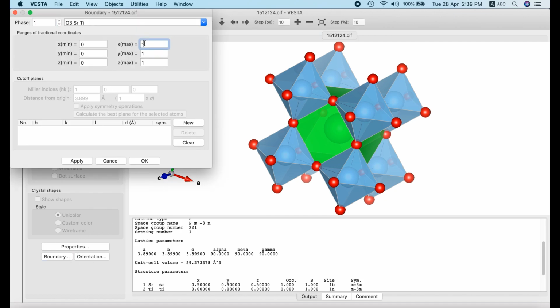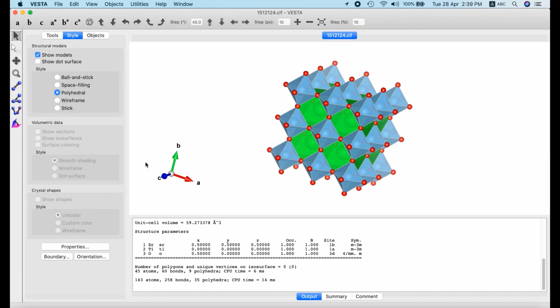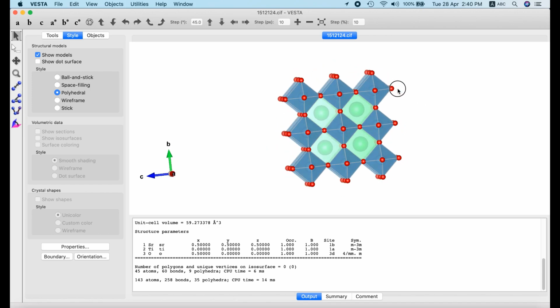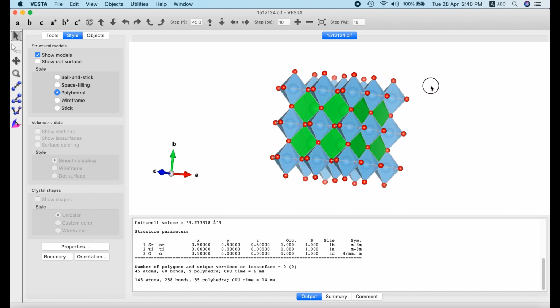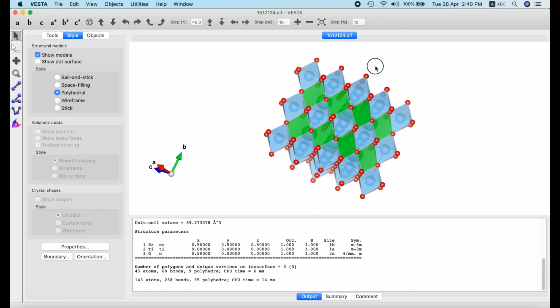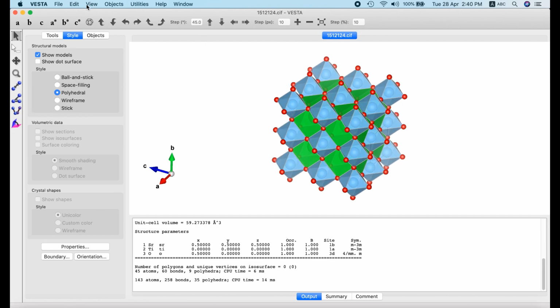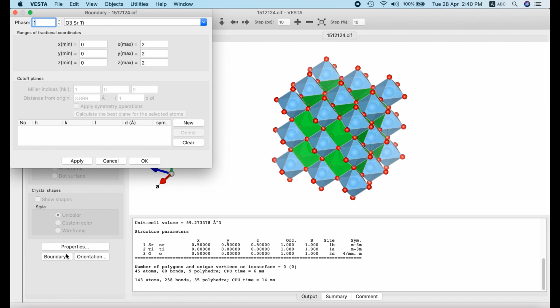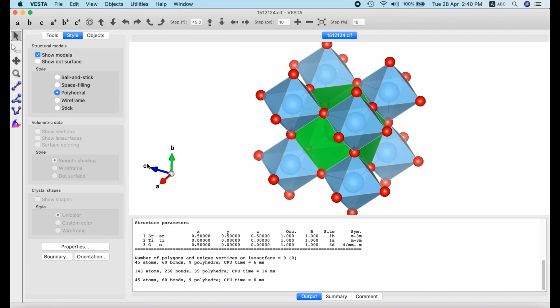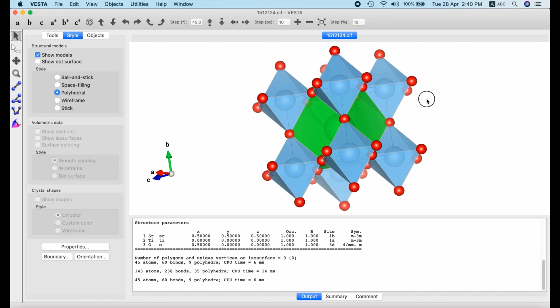Now if I go to the boundary condition and change the values to 2, you can see that multiple unit cells are involved in the structure. So this is the way I can create superstructures. I can build one structure on the other and create a large group of atoms to produce superstructures. So the boundary menu gives you control over how many unit cells are displayed. I'll switch back to the normal single unit cell, because it is a simple cube, so I can view it as 1 unit cell itself.